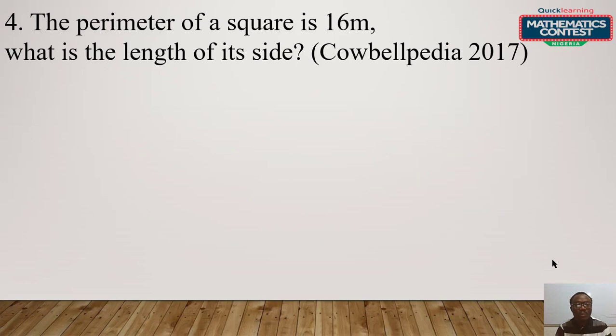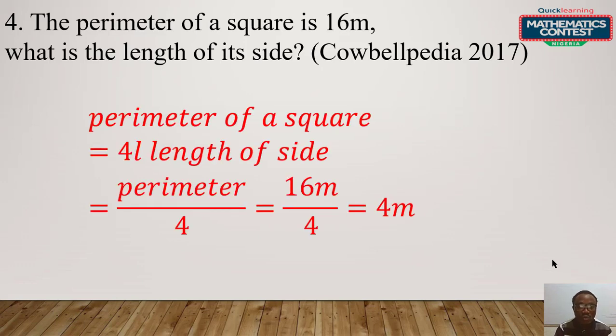Now question number 4. The perimeter of a square is 16 meters. What is the length of each side? Before we continue, we have to know the perimeter of a square. The perimeter of a square is 4L, where L is the length of the side. So to get the length of the side, it's perimeter divided by 4. The perimeter is 16, so 16 divided by 4 is 4,